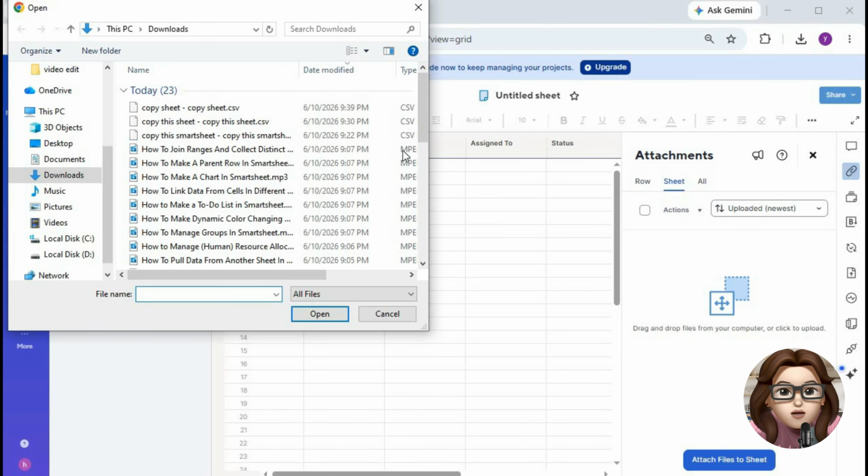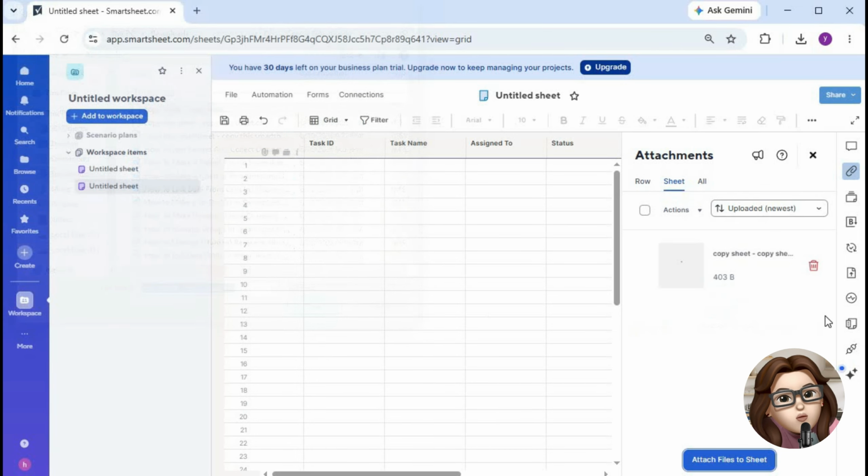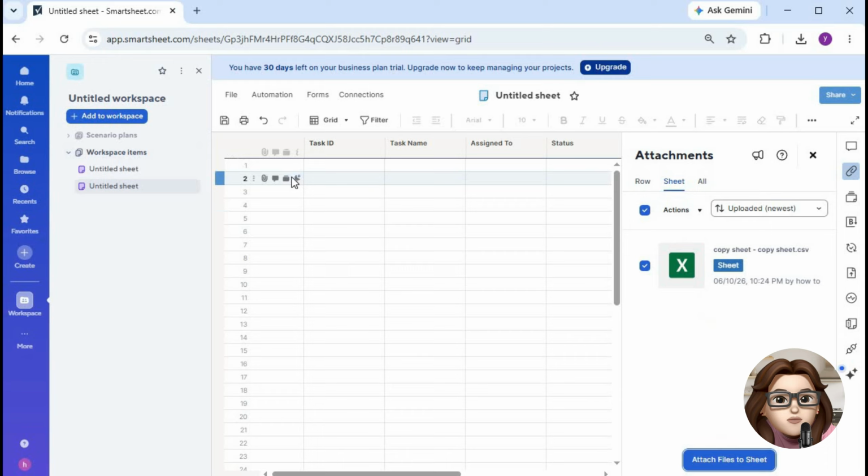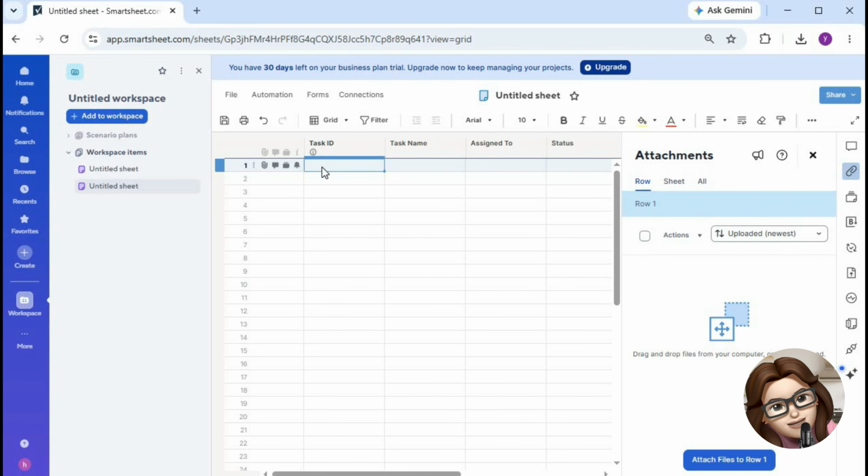Once the proof is created, invite reviewers by entering their email addresses. They'll receive a notification and can access the proof to provide feedback. Reviewers can add comments directly on specific areas of the file, making it easier to communicate changes and suggestions without